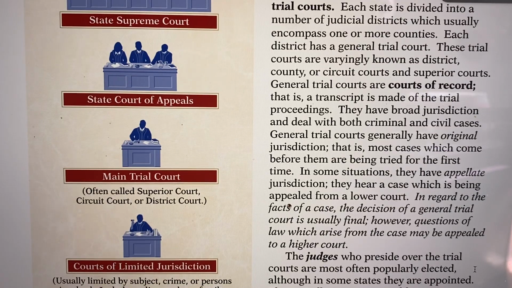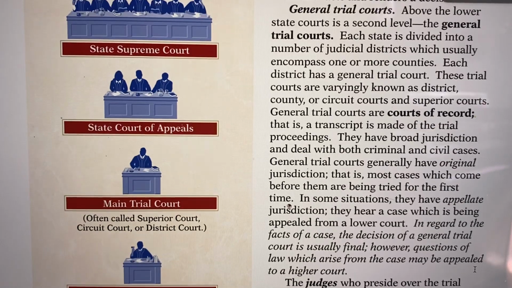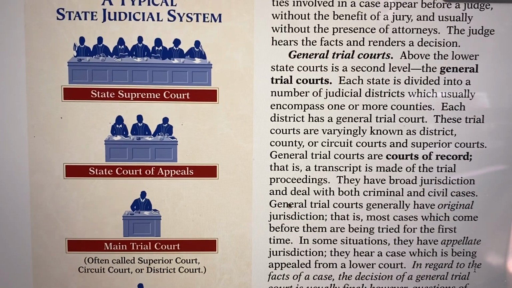And then we have the main trial court, where you have a trial. In these you have judges. You'll usually have one judge, sometimes more, depending on the trial. Let's just say that. And then you have the Court of Appeals, where a trial court case is being appealed,